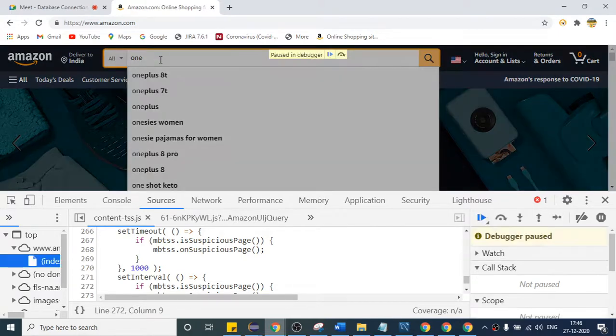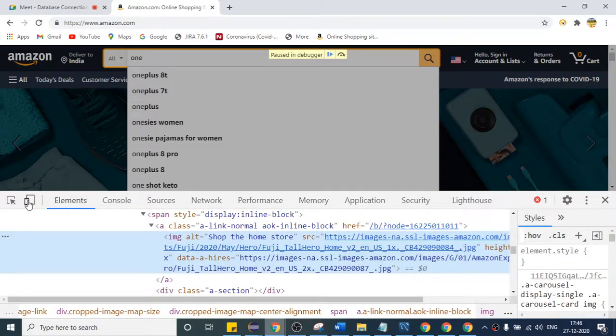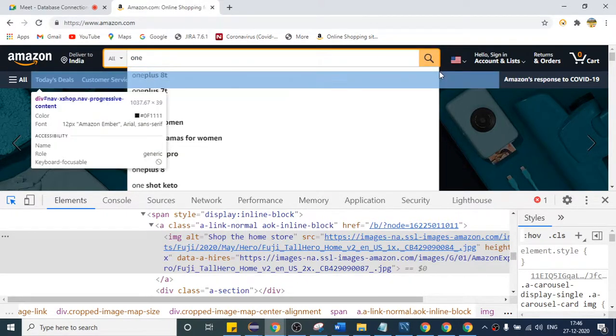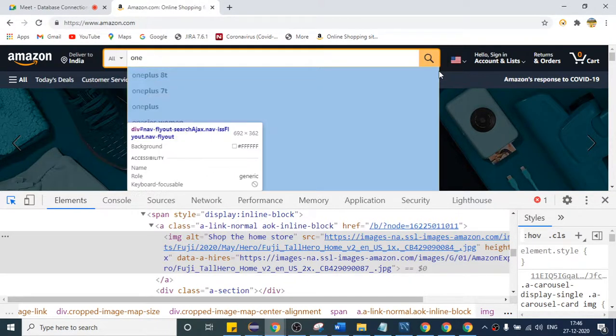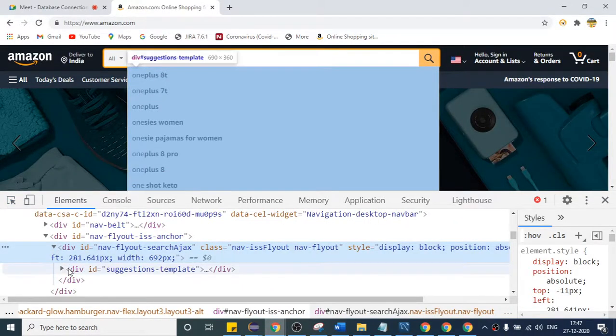So if you press F8, now this is paused. Now you can simply get the XPath. It will, oh, not disappear. So yeah, the whole thing is present inside this. Now you can write the XPath. Here it is present one by one.